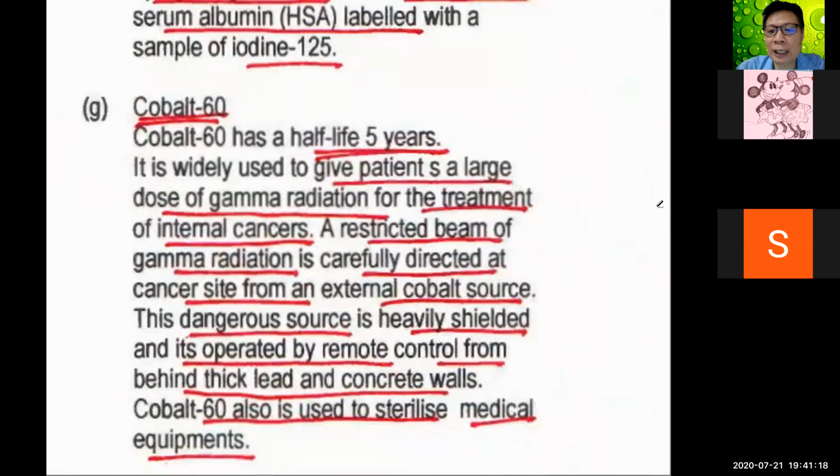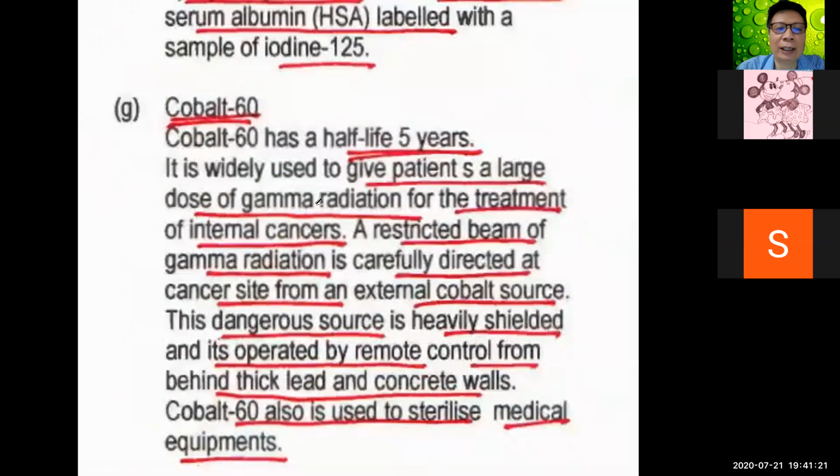Just now one of the students asked me whether it's correct or not. In most of these medical uses, we use gamma rays. The gamma ray used in medicine is not the high dosage one, it's the low dosage one. Low dosage gamma rays are not so dangerous. In most cases, low dosage gamma rays only kill a little bit of cells. Our body cells will be killed a little bit, but the cells can grow back very fast. Our body cells can reproduce.